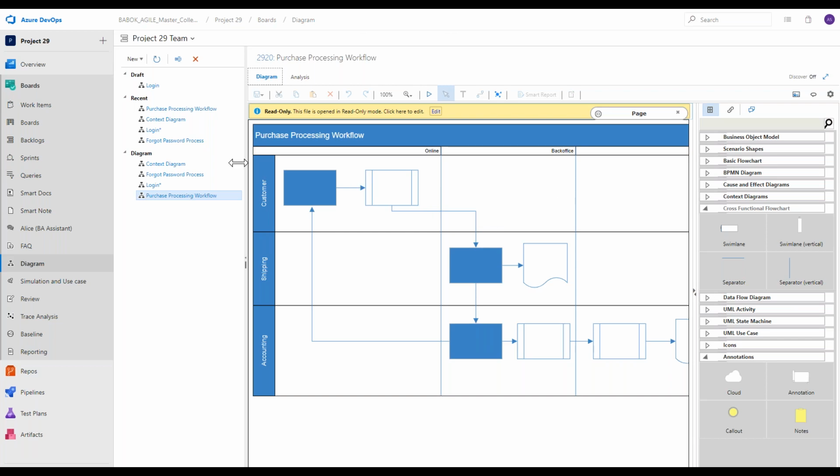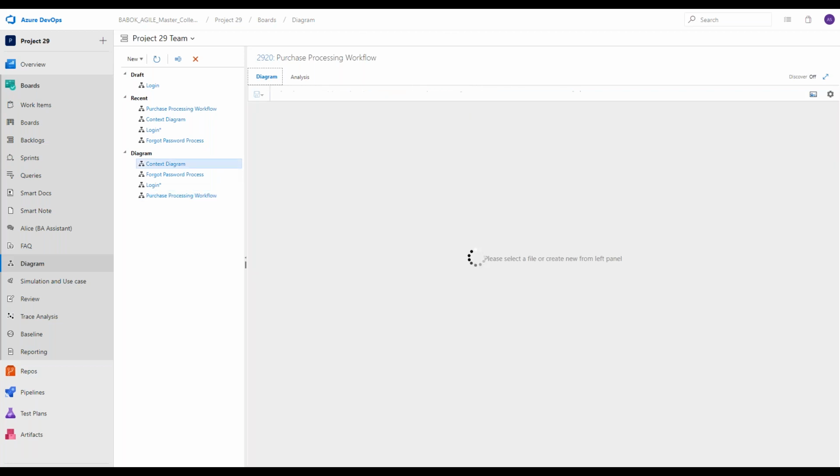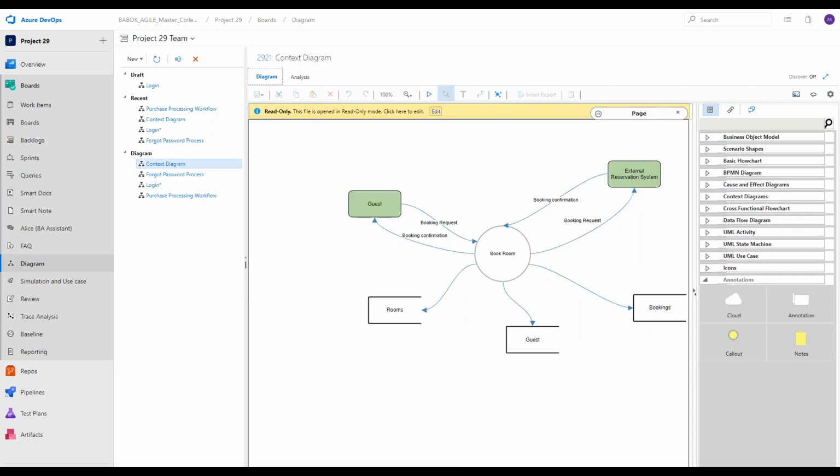You can create things like a context diagram, where you're saying, hey, this is the booking operation, and here are the other systems we work with, and there are different entities that we are connected to. It sets a high-level picture of what's happening. And then you've got things like